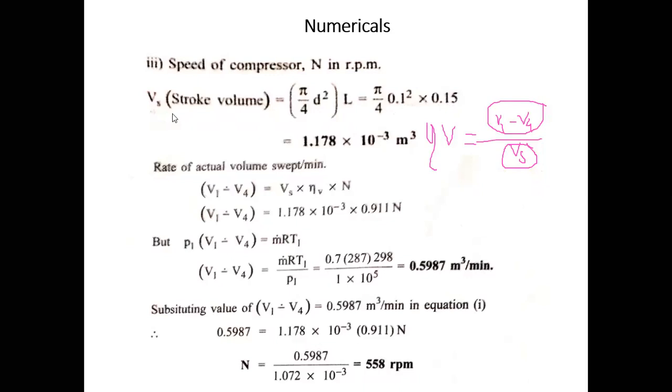From this Vs, we can also find out Vc, as the relation is given in the numerical, that is Vc is 0.03 times Vs. Yes, from this we can find out Vc also. Now, what we have to find out is the